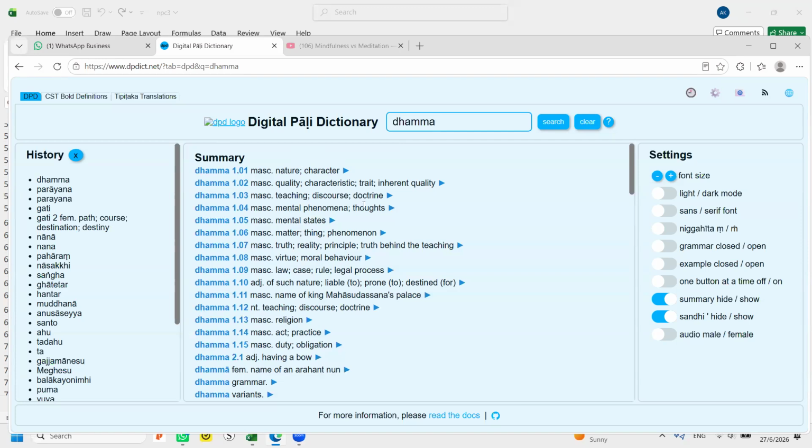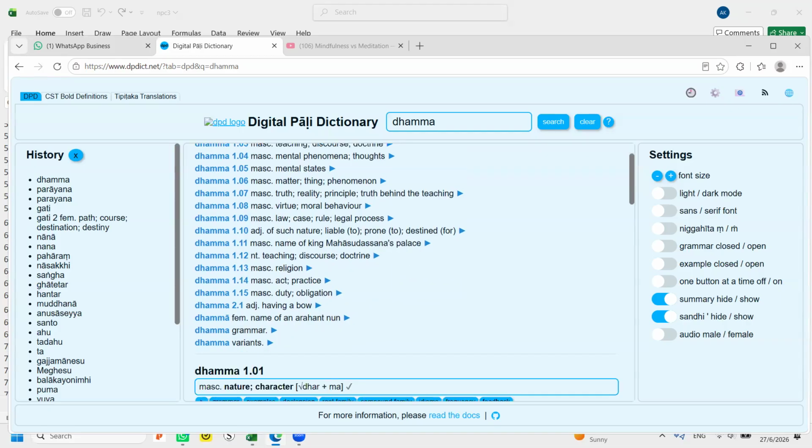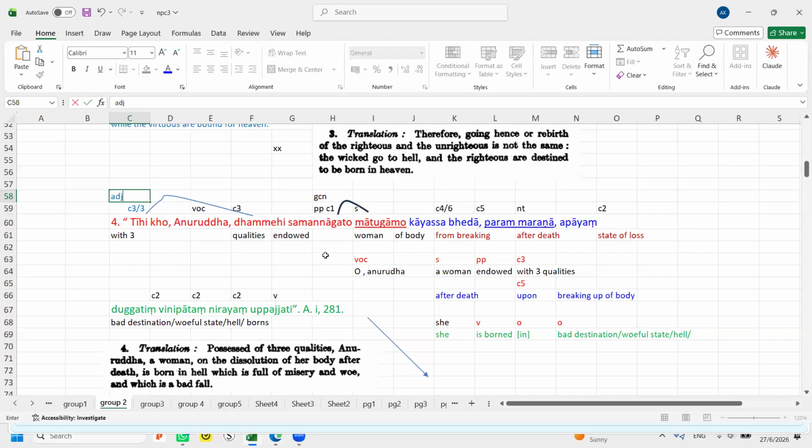So dhamma also can mean a thought and mental phenomena. It also can refer to a mental state. Dhamma also can refer to moral behavior, virtues. Dhamma can be the natural law. The law is called the law of the dhamma, a natural law. So a lot of meanings. So let's go back to this. So in this case, with these three qualities,